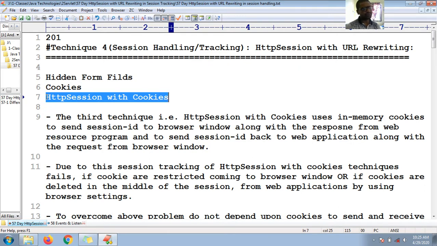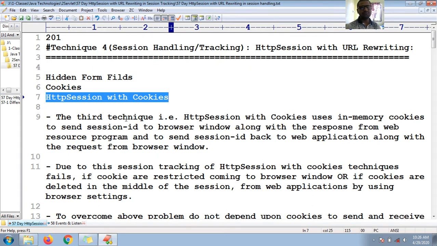If you use this third technique to work with session handling, session tracking, or also called session management, it uses in-memory cookies to send session ID from the server web application to the browser window along with the response from the web resource program, as well as to send session ID back to the web application along with the request from the browser window. Means in the form of request and response cycle, the session ID will travel over the network.